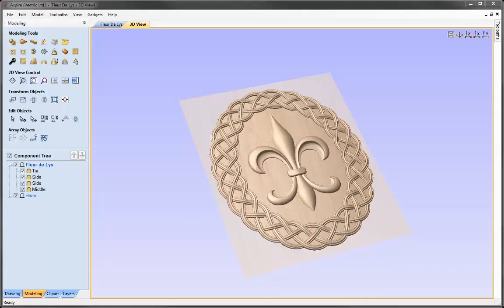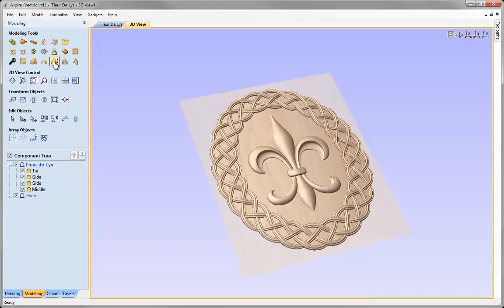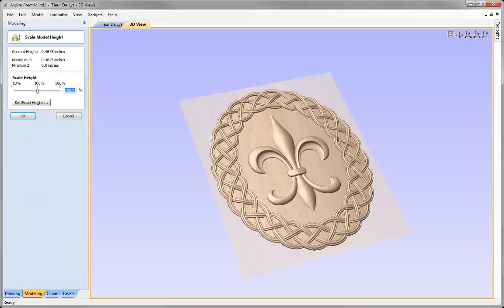And so now we have a part that we can go and calculate the toolpaths on. Before we do that, I'm just going to check the height of the overall model. To do that, we're going to use this option up here to scale the Z height of the model. And so here we can just check the height of the model. We can see it's just over 0.46, and that's based on the parameters that we used when we modelled this